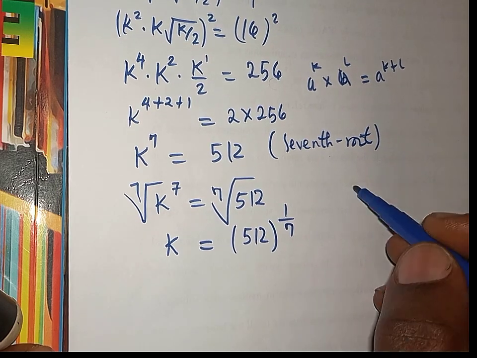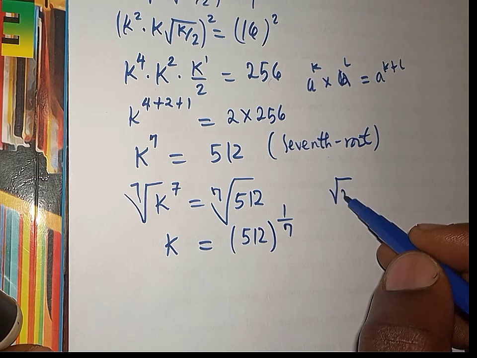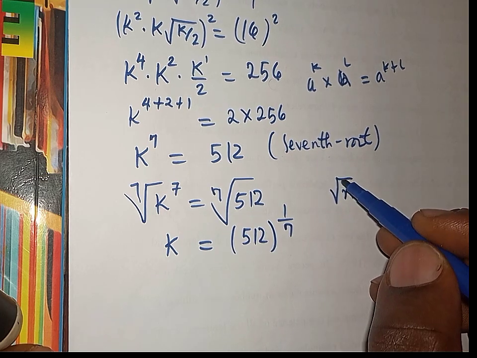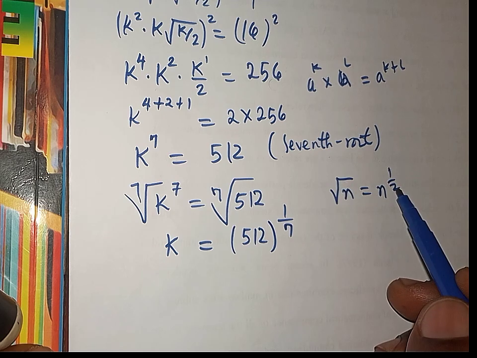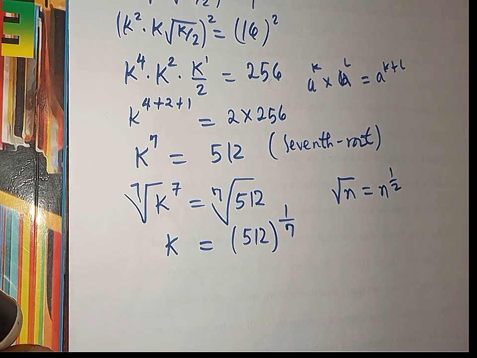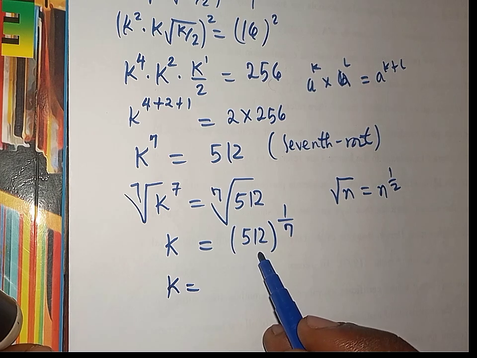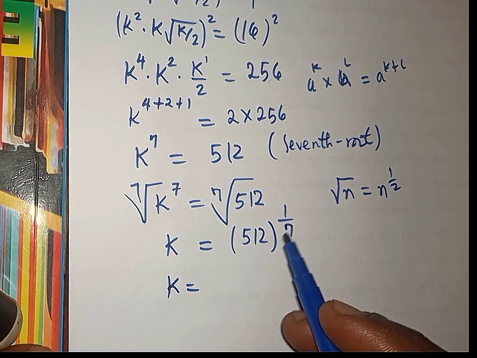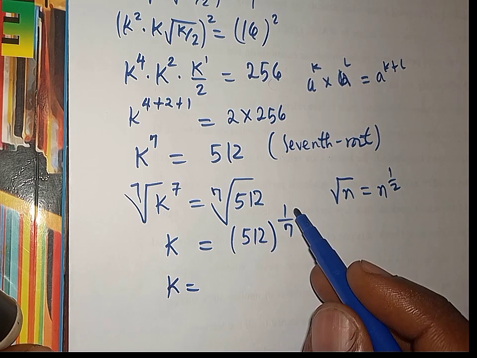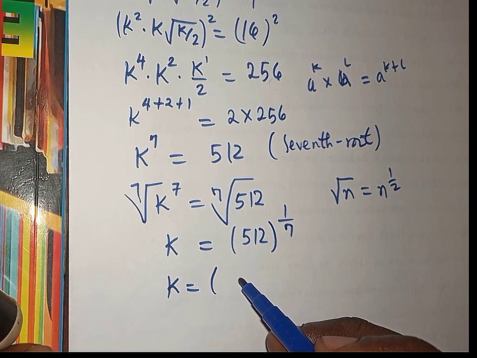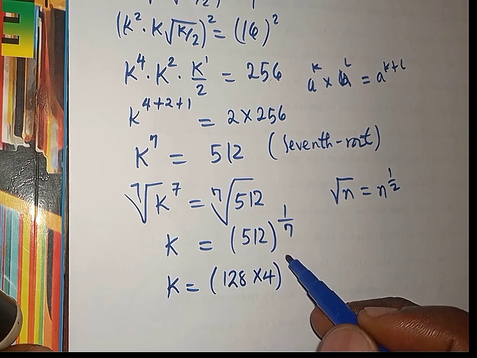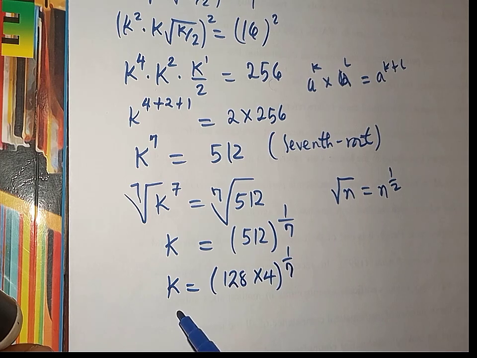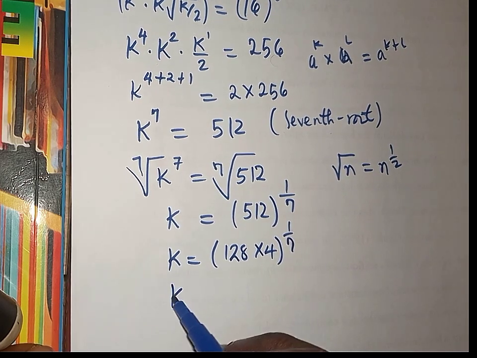From the law of indices, when you have roots, the square root turns to the power 1 over 2, right? So that is what we did here. We can do something here because we want to simplify this further. Now I have 512 to the power 1 over 7. I can split 512 to be 128 multiplied by 4, then to the power 1 over 7. So now from here, we have k equals